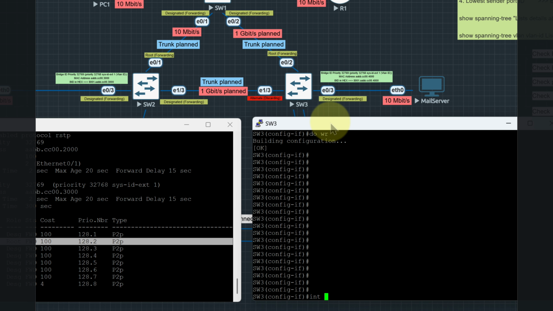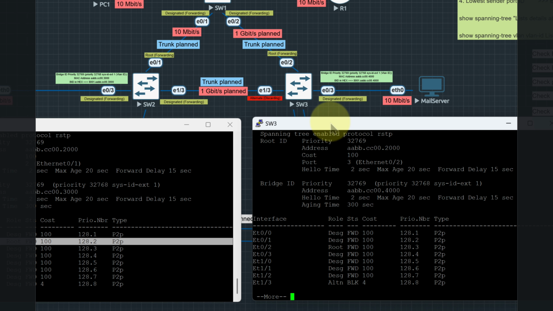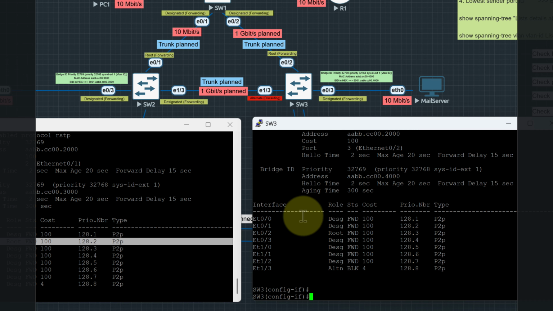Switch 3, let's go to the interface E1/3. And we say bandwidth, and we say 1 million. Say do write. Then we say do show spanning tree. And as you can see, the Ethernet interface 1/3 has a cost of 4, but it's still in